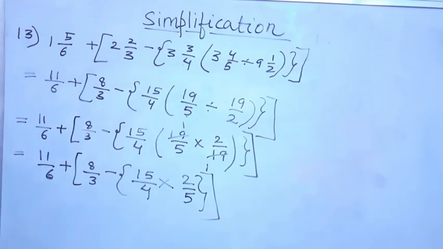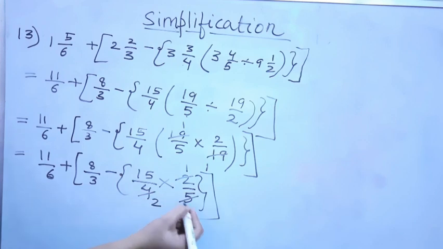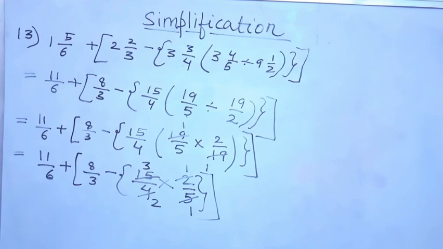So as you all can see, it can be easily reduced. 2 ones are 2, 2 twos are 4, 5 ones are 5, and then 5 threes are 15. So here it is reduced, and what is remaining in the curly bracket? As we have solved the fractions given in the curly brackets, now we are going to remove the curly bracket in the next step. Only 3 upon 2 will be remaining.